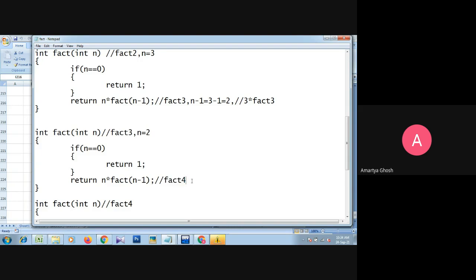So in fact4 we send the n minus 1 value. n minus 1 means, the value of n is 2, so 2 minus 1 equals 1.